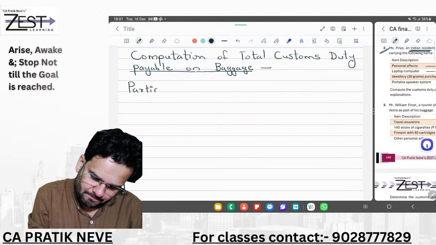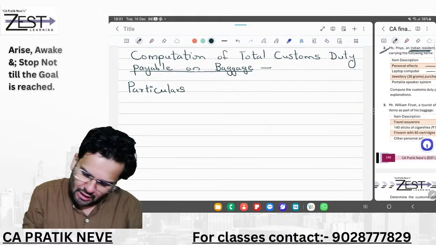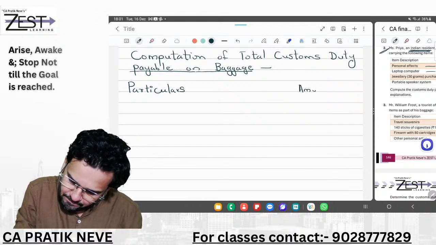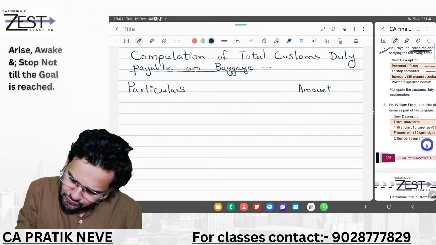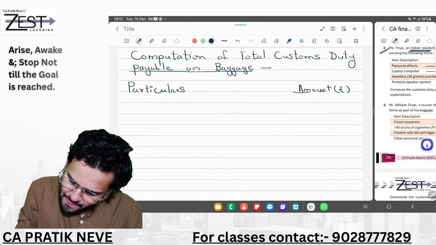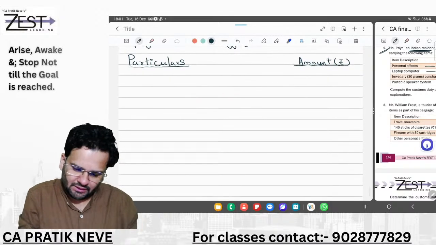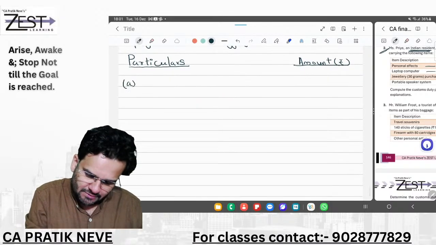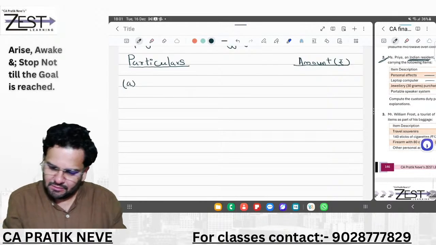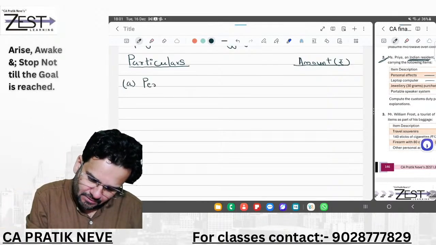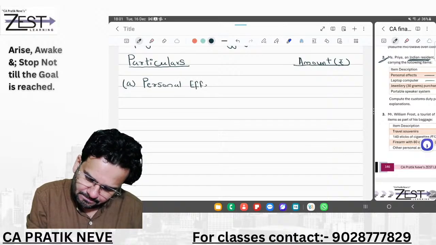Particulars, amount in terms of rupees. So start with A point. A point is personal effects. So friends, personal effects, you will say here exempt